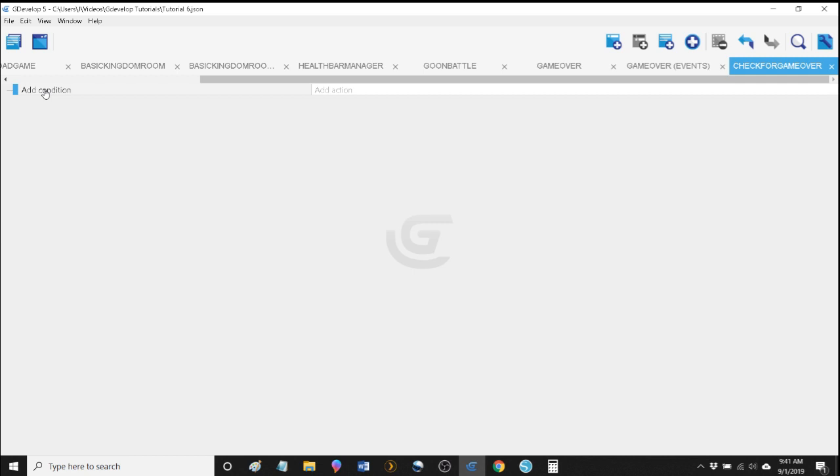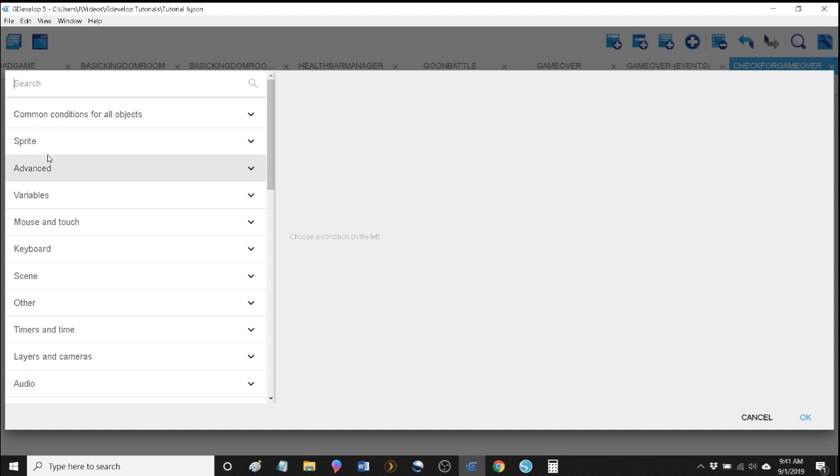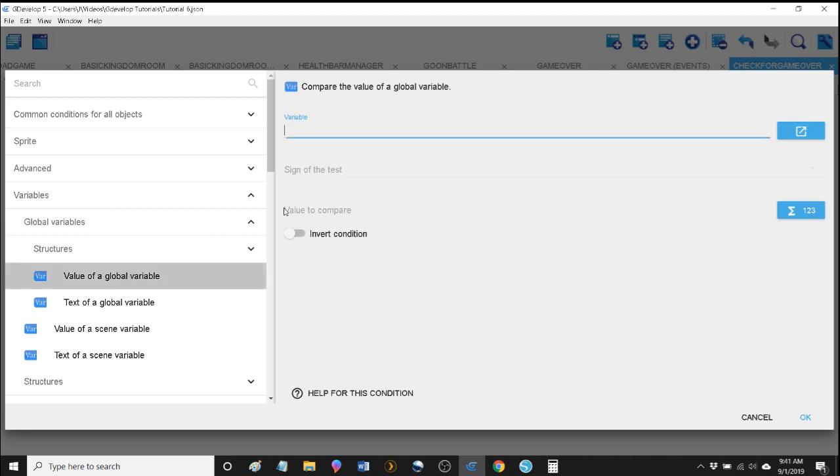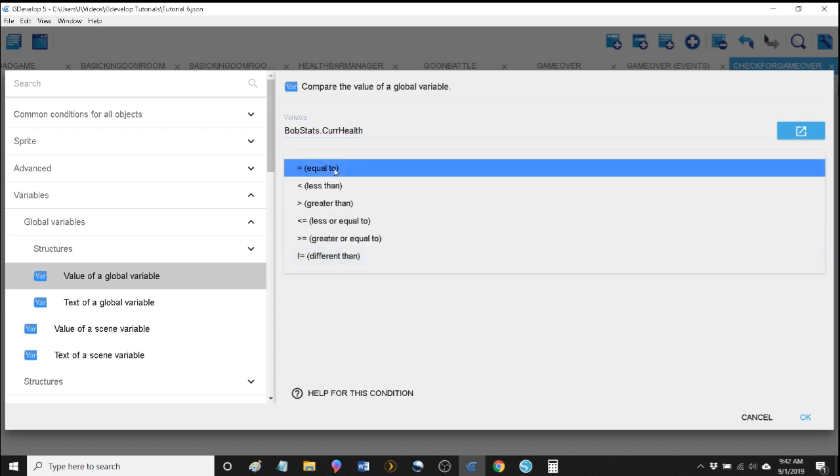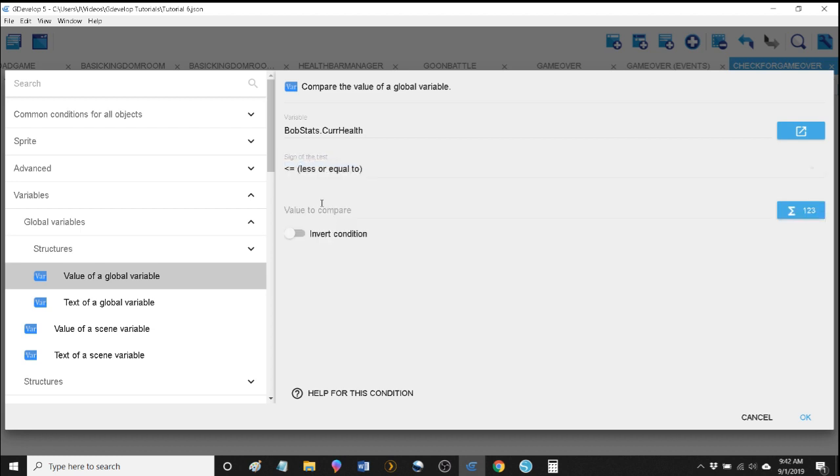All right. And for this one, we're actually just going to use our condition that if the value of our global variable Bobstats current health is less than or equal to, just to cover our bases in case, let's say Bob has 2 points of health and he takes 3 points of damage. Technically his health is -1, so that's why we'll cover our bases here and say if it's less than or equal to 0,